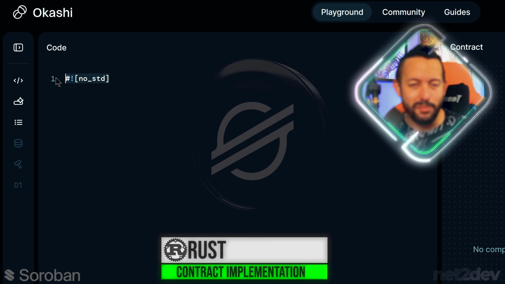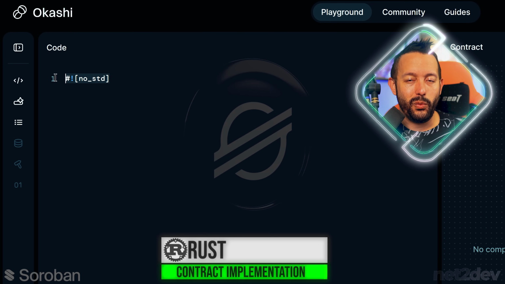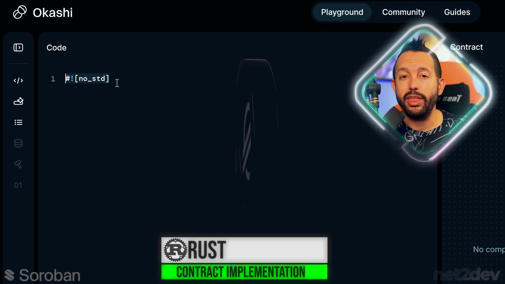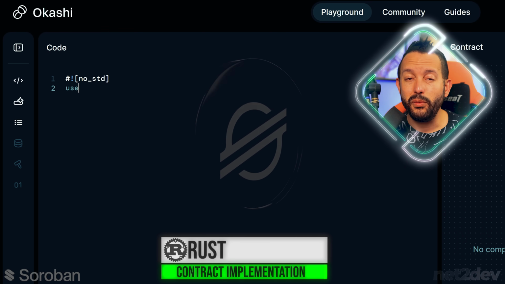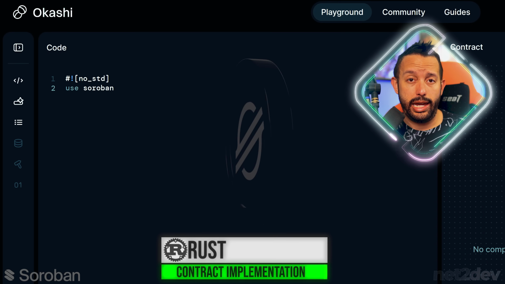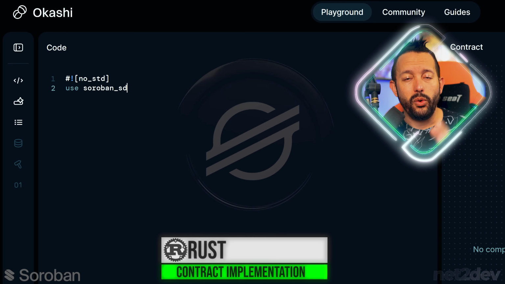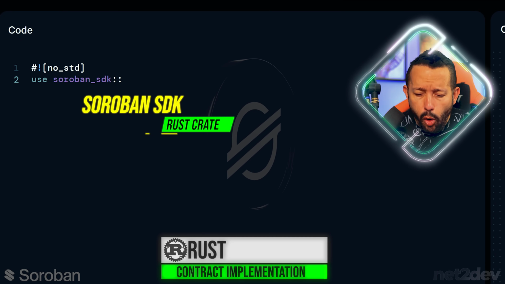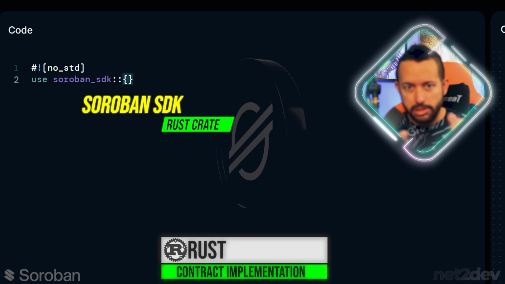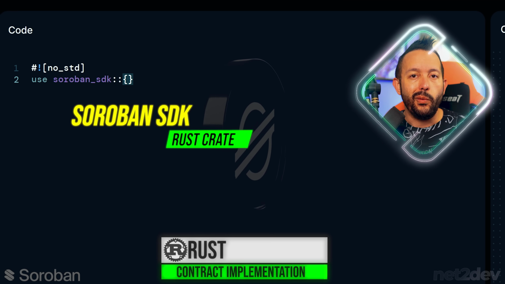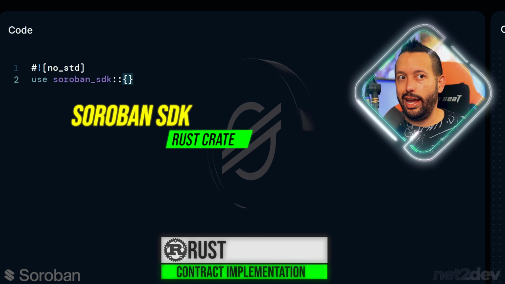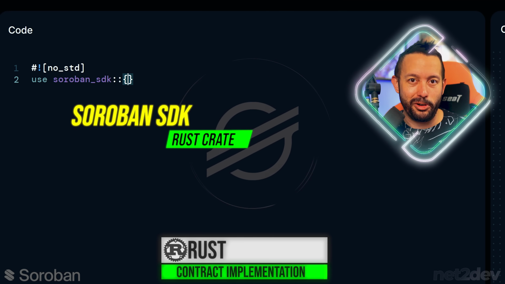In Solidity, we type import and then we specify what the contract or the file for that import will be. In Soroban, we are going to type use, then we'll define Soroban SDK and we'll place a double colon. What that's going to do is basically open that crate. And by opening that package, I am going to look for crates that I need to import into the smart contract. Which ones do we want to import? And obviously we need to have, in order for us to build a smart contract,